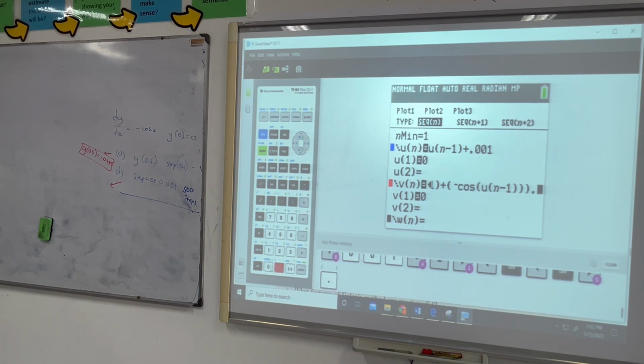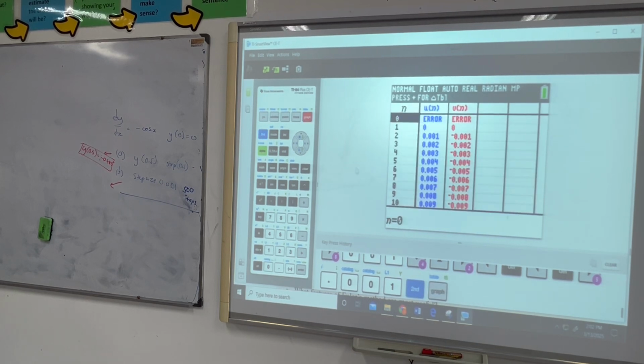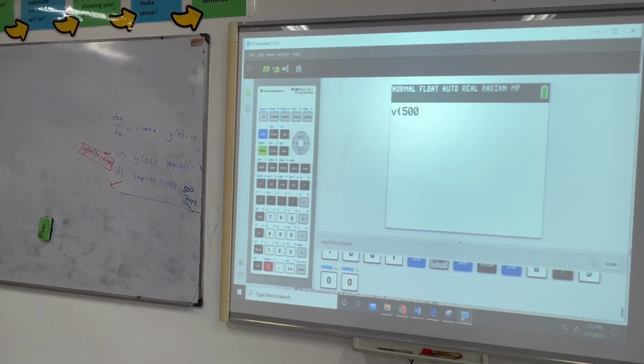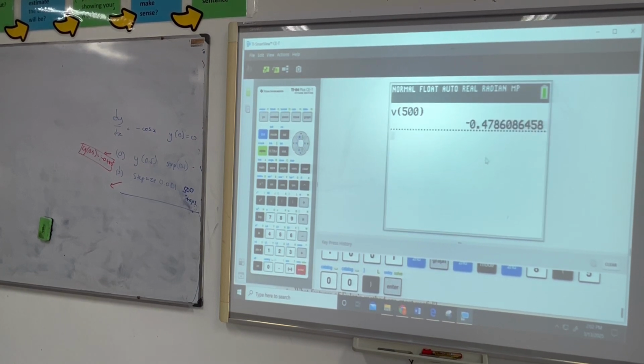Hold on. I just click second insert. All right, so I put it on the other side. Dylan's great idea. If I put in the table here, it's going to be a while to get to the answer. That's an understatement. How do I get there quickly? Well, I get out of all this and I go back in. I have my u's and v's set up, so if I just go second, the y value at 500 iterations, and press enter, it'll work for a little bit and it'll give you